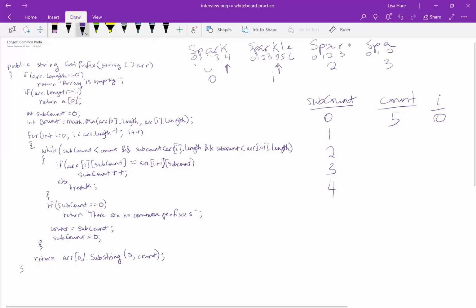Okay, and we go around again. If subcount is less than count, which it is, if subcount is less than array of I dot length, which it is, and the second one it still is, then subcount plus plus. So now subcount is 5, because they're both equal, k is equal to k. And then we go around to our while loop again, and subcount is not less than count because count was 5. So we go in and break out of our while loop, and we say